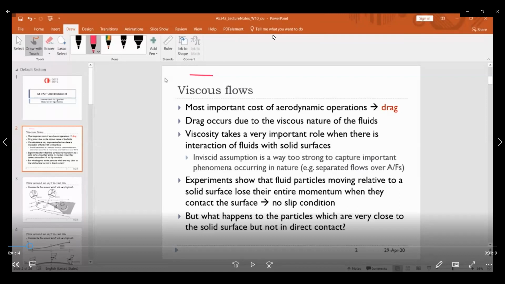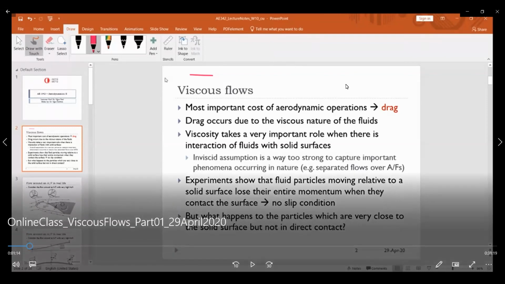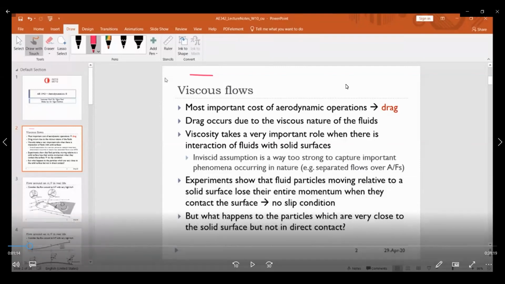So, if you remember what we discussed in Aerodynamics 1 last semester, we basically discussed subsonic, inviscid incompressible flows. That's what the Aerodynamics 1 class was all about. However, now we will extend that to viscous incompressible flows, okay? When we have the effect of compressibility, meaning if we have density changes and everything, and if the flow is viscous, it's a little bit more